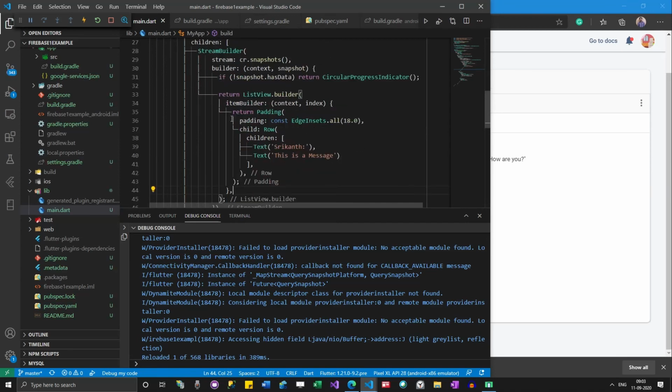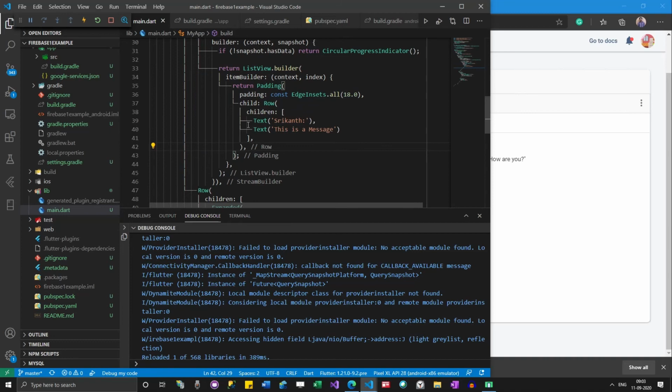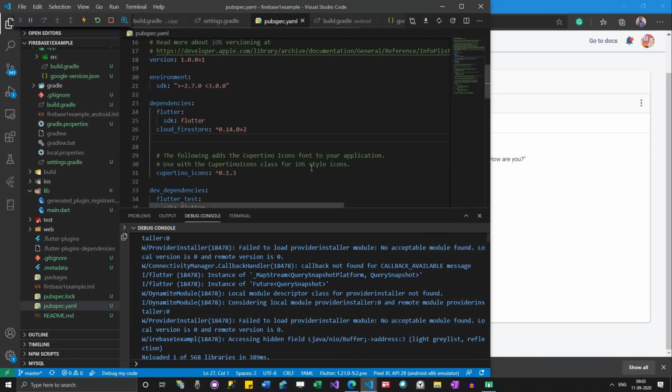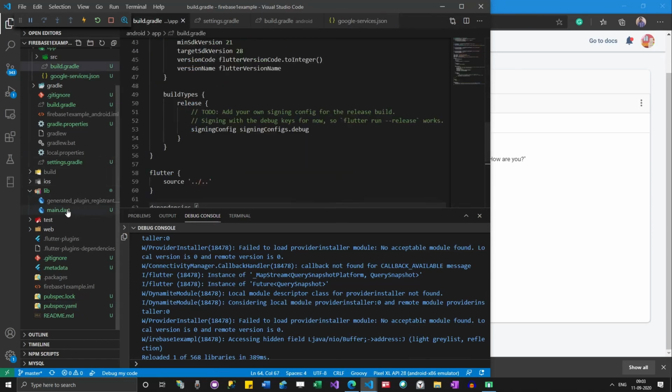So now I am returning a list view builder that is going to process this snapshot data. Let me save and see how it is going till now.